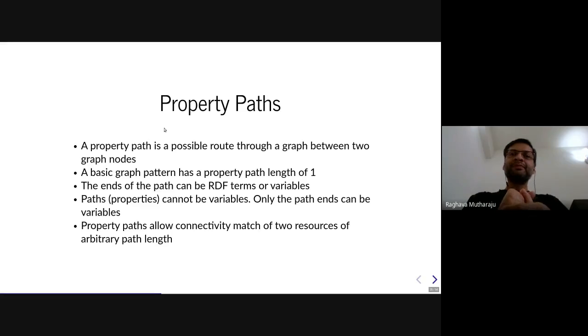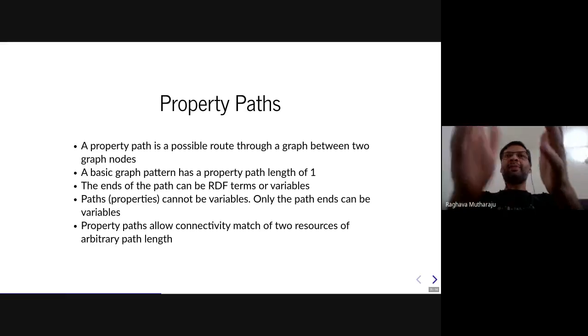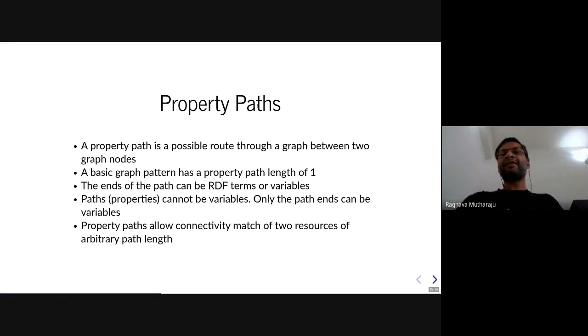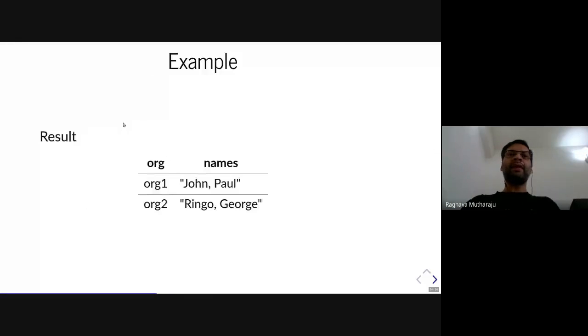The path term comes from the graph, right? So a path could be any sequence of edges between a source node and a destination node. That path can be of any length. For all the basic graph patterns that we have seen, the length of that path is 1. So if I go back here,